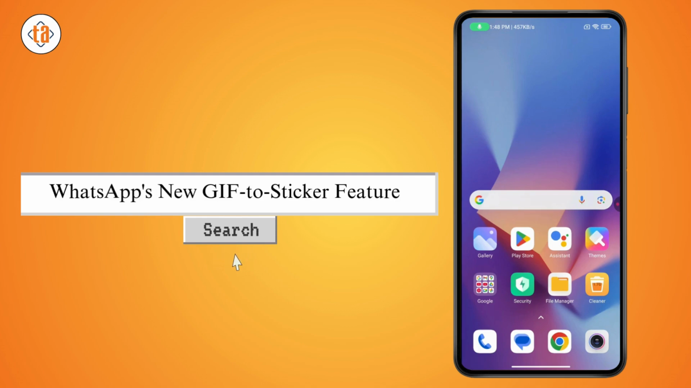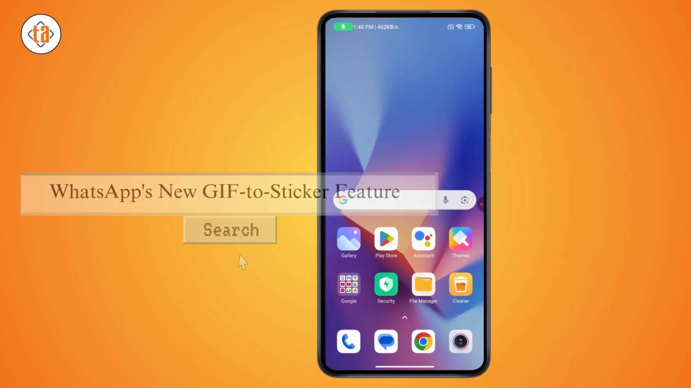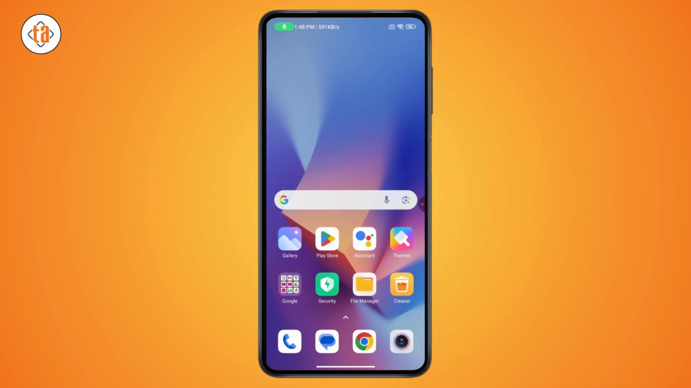WhatsApp new GIF to sticker feature. So if you want to try the WhatsApp new GIF to sticker feature, then what you need to do is